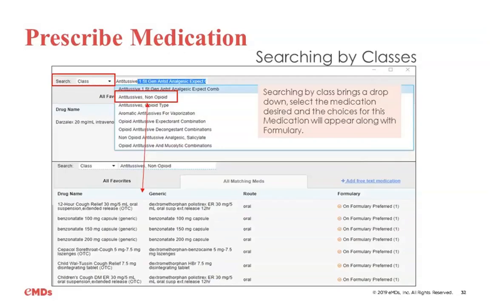Searching by classes, again, is the same as the drug database. You know, in MedSpan, we kind of searched, and sometimes the classes information would come onto it. There was a long search that pulled through. This allows you to go ahead and search by classes. Information will pull in. So if I start typing just a class of medication right at the very top, it's going to give me a choice. Again, the drop-down choice, what I select is then going to dictate what I see below. Information goes through, and then it is going to check and look at my formulary information that's going to pull through. So it works the same way as the drug, but it's going to be by classes versus the drug